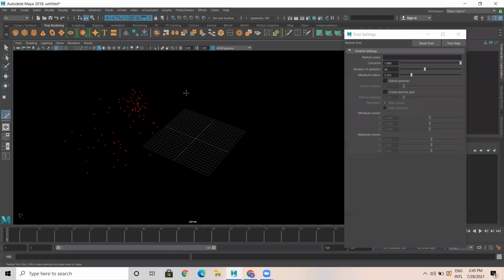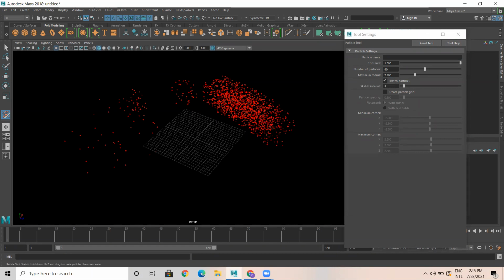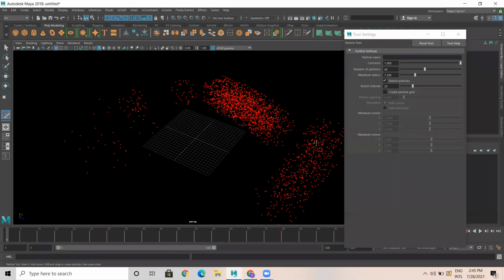I click here, there are 40 particles here. Even what I can sketch, I can increase the radius, and there's an option called sketch particle. I can sketch like this. You can see so many particles are there. Sketch interval, if I increase, there is a gap, it won't be so close.